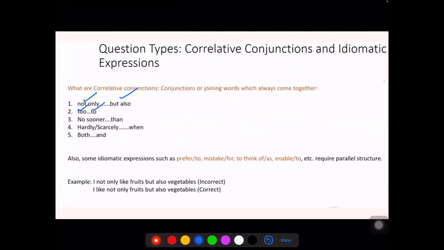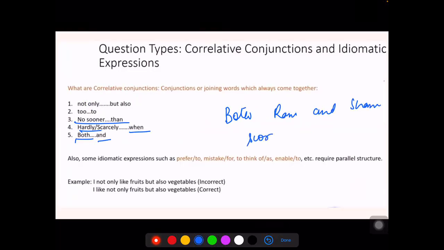So, like we say the sentence, it's too hard to handle. We use this sentence now, it's too hard to handle. So too and to are placed at the same time. If you're using too and not using this preposition, this sentence will be wrong. Okay. No sooner, than are placed together. Hardly, when. Right. Both, and will come at the same place, because when we are using both Ram and Sham